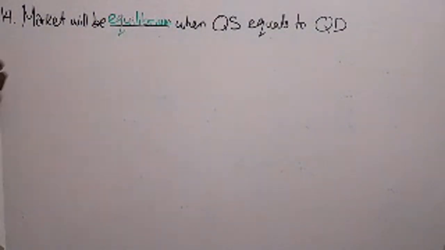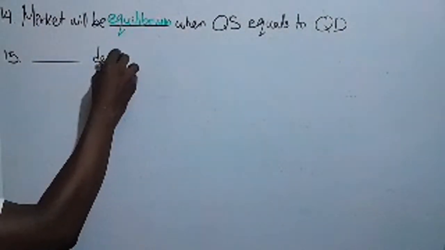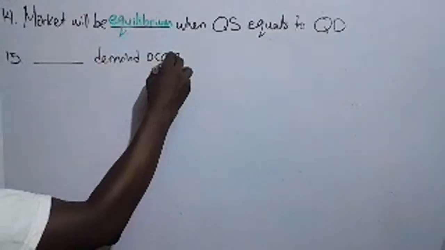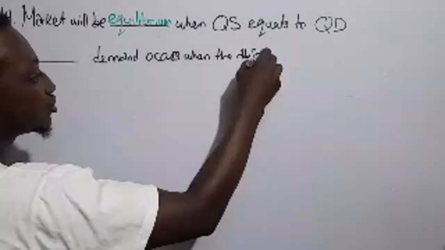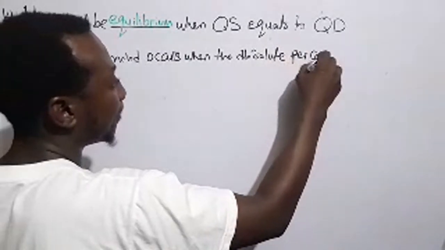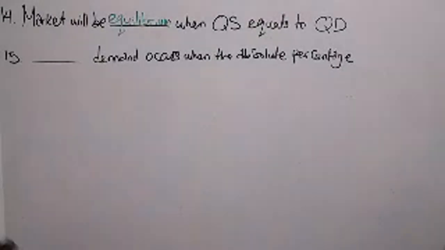Question 15. It says here, dash demand occurs when the absolute value of percentage change in quantity demanded is larger